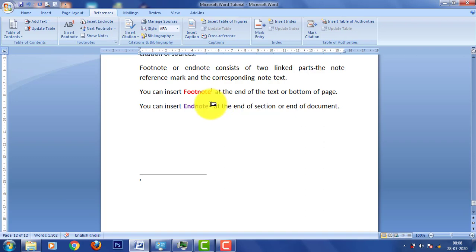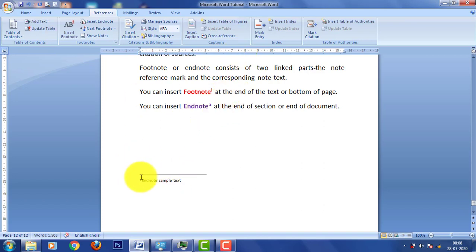So the endnote is added, and you can type the text also after inserting the endnote. Endnote sample text.